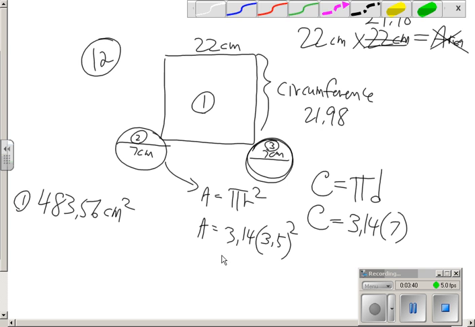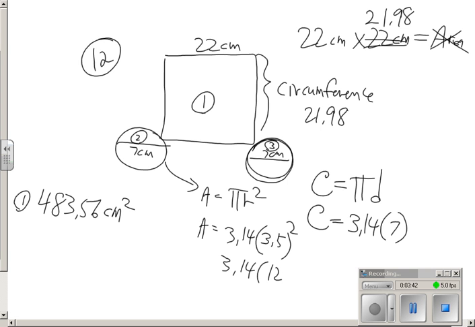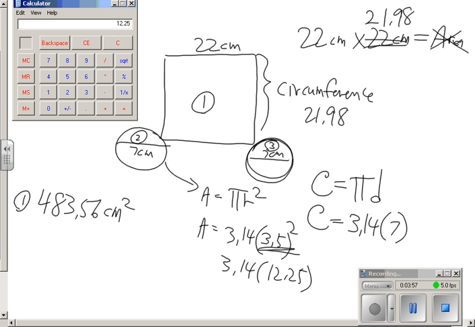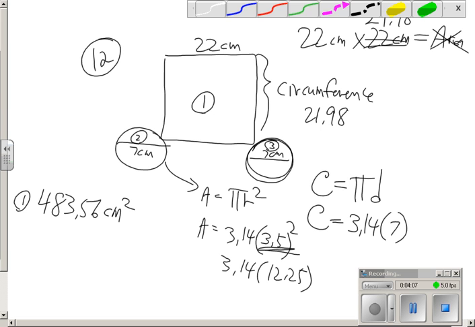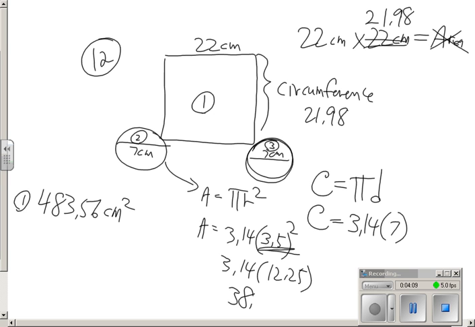So I go, okay, well, 3.14 times 12.25. And the reason why I did this first was because order of operations says do your exponents before you do multiplication. So I didn't do 3.14 times 3.5. I did my exponents first, and I got that. Then I multiply that by 3.14. And that tells me the area of each circle is 38.465. And if I double that, because there's 2 circles, 1 and 2, that will give me